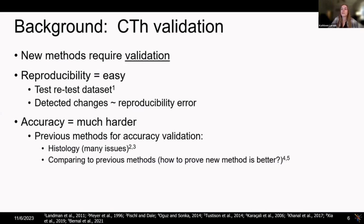Sometimes people have compared their results to those of previous methods, but you can't really use results from a previous method to say that, okay, my results match this method. There's no way that you can then go and say that my algorithm is more accurate than that method. So